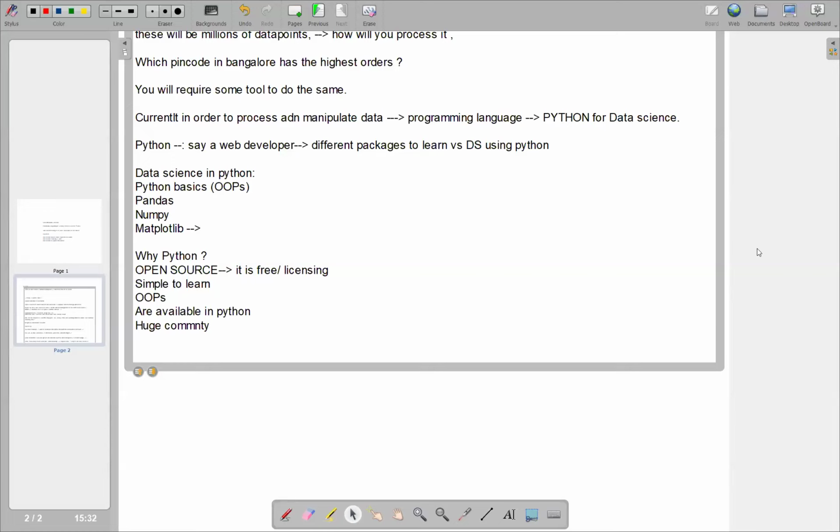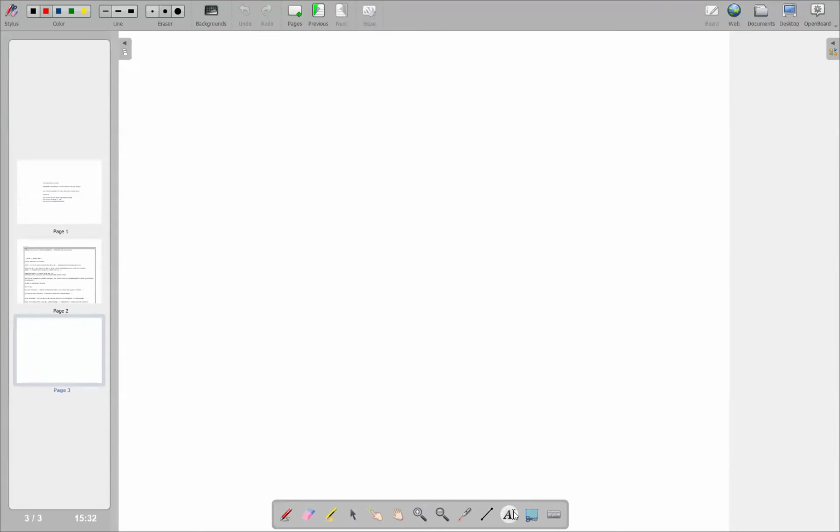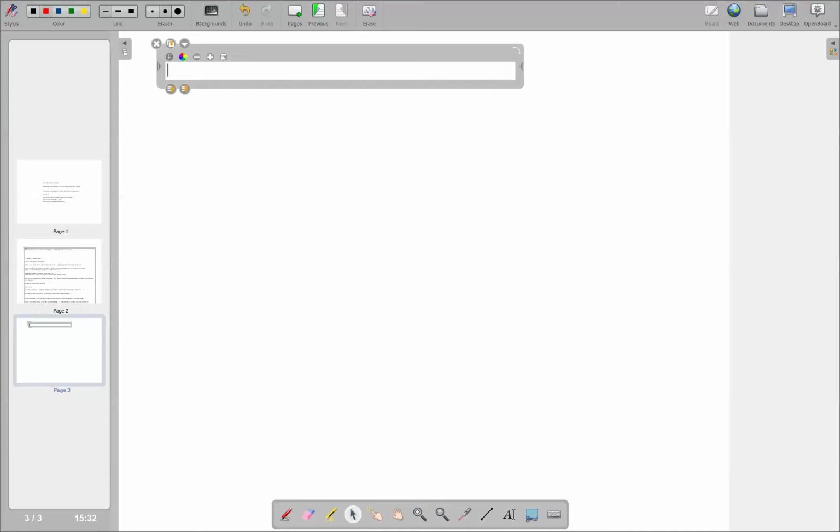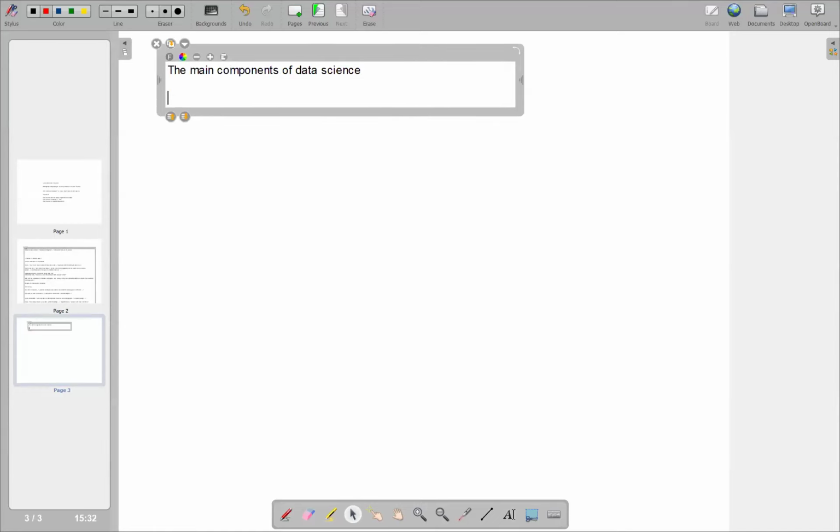Okay. Now, let us understand some basic things about data science. What all constitute data science or what are the main pillars of data science? So the main components of data science are what? What would be the first step, all of you? If you are working as a data scientist and given the background I have just explained you, what will your first work be? Very good. First work will be data collection,